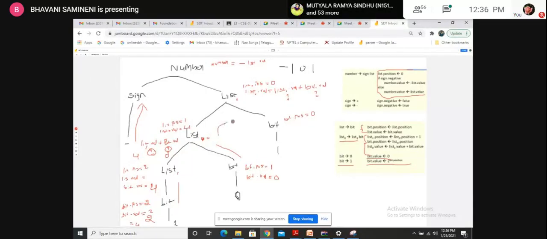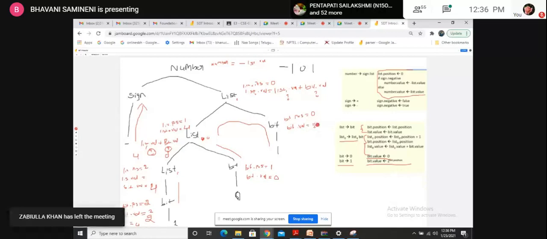So now I am traversing like this. Now I am reducing bit to 1. Bit to 1 means this semantic action I have to implement. The result of this action is bit value is equal to 2 power bit position, means 2 power 0, that is 1.